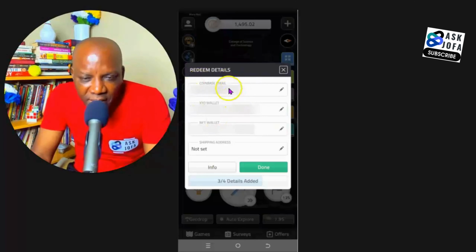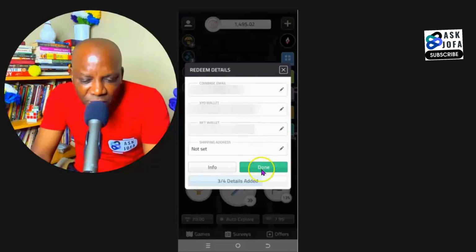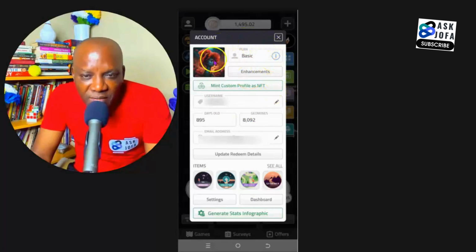We are back on Coin App. You use your Coinbase email address, and you insert your XYO wallet and your NFT wallet too. They are the same. You just paste the two of them, then you tap done. As soon as you tap done, Coin App will send you an email to confirm if you are the one